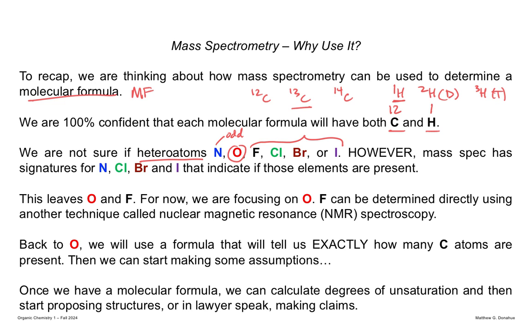So really the mass spec has signatures for nitrogen, chlorine, bromine, and iodine. Oxygen's a little challenging, and fluorine we're not going to worry too much about. So getting back to oxygen in terms of what we're going to do today,